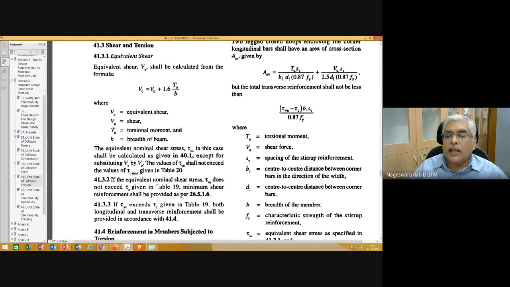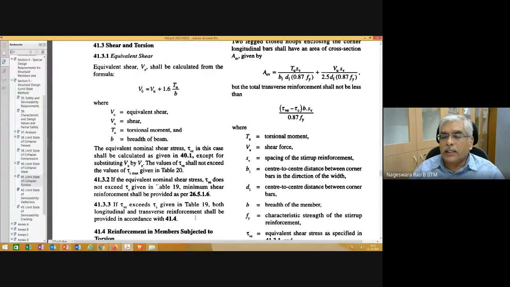And if the equivalent nominal shear stress does not exceed tau c, which is given in table 19, minimum shear reinforcement shall be provided. That we also noted yesterday, even when we don't have torsional reinforcement. And one more thing, when tau VE, the equivalent nominal shear stress, exceeds tau c, both longitudinal and transverse reinforcement shall be provided.